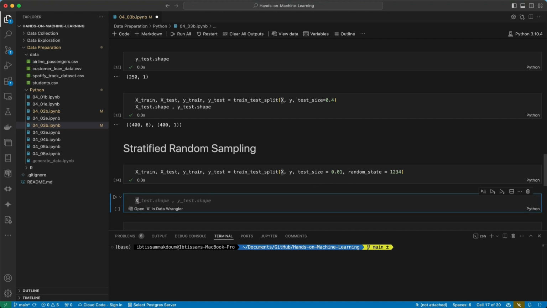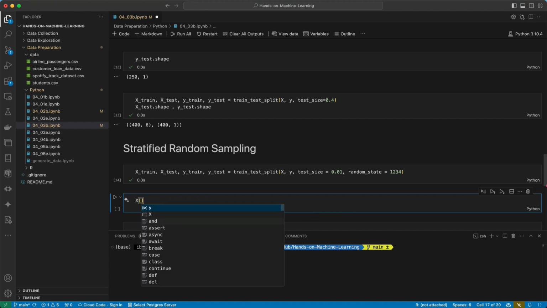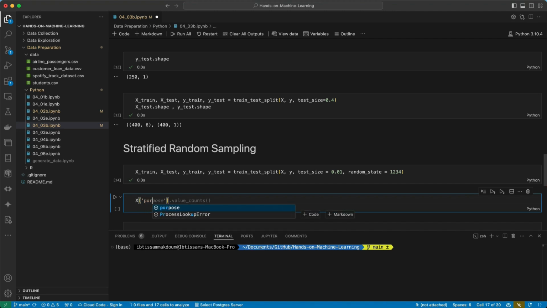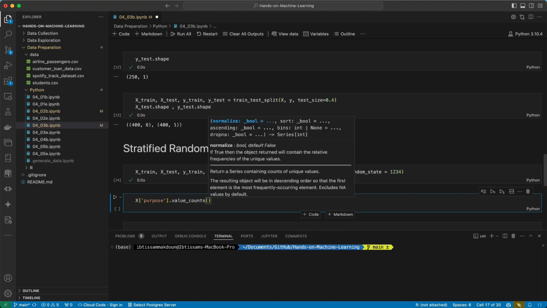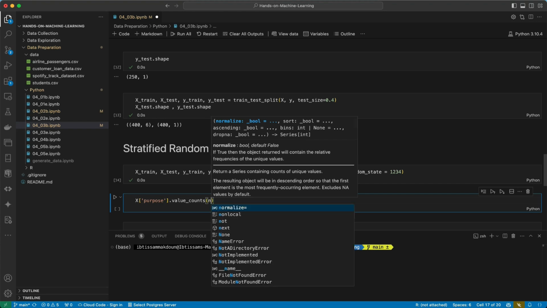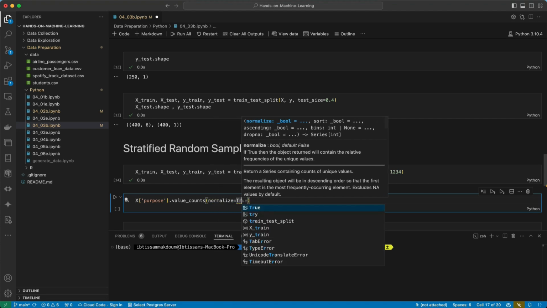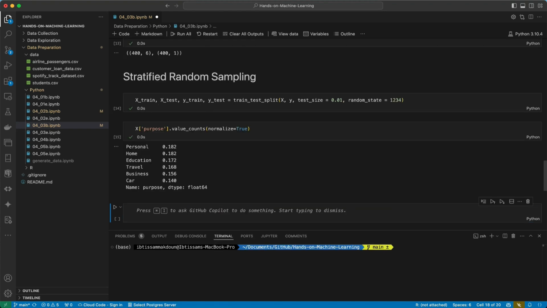We do this by using X. We specify the column we want, which is purpose, and we get the value counts. Within the value counts method, we specify normalize equal to true, and that gives us the distribution of values